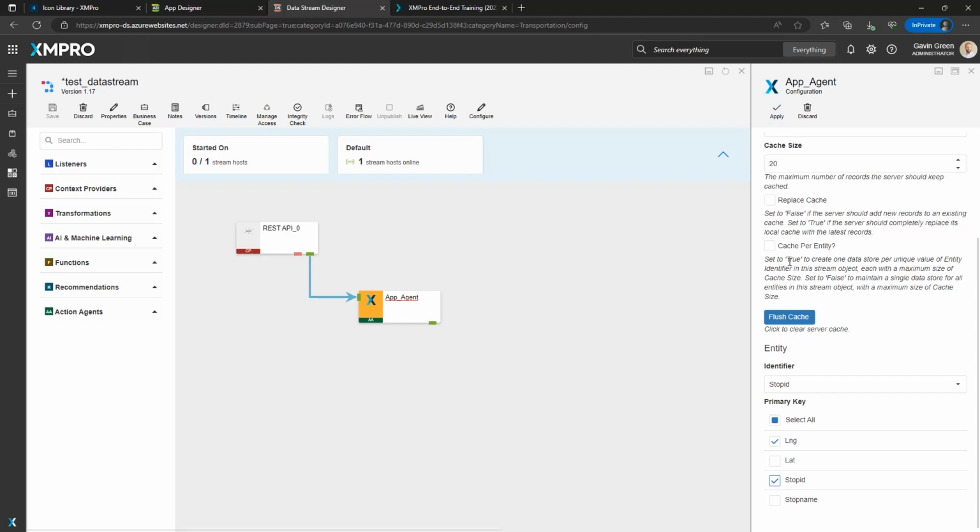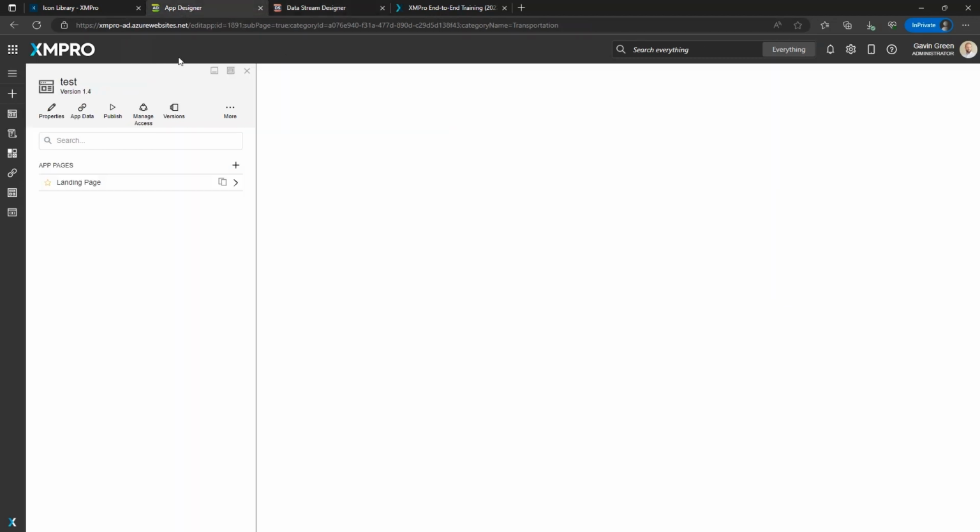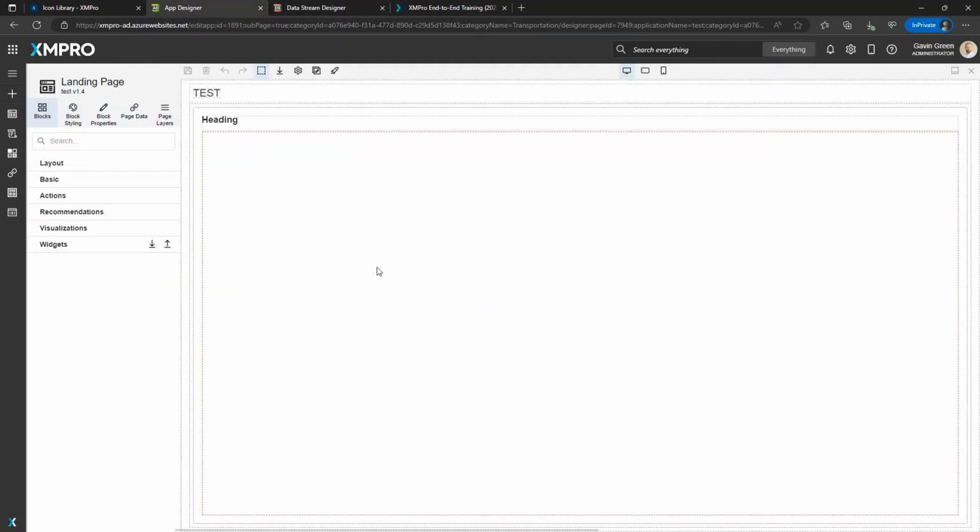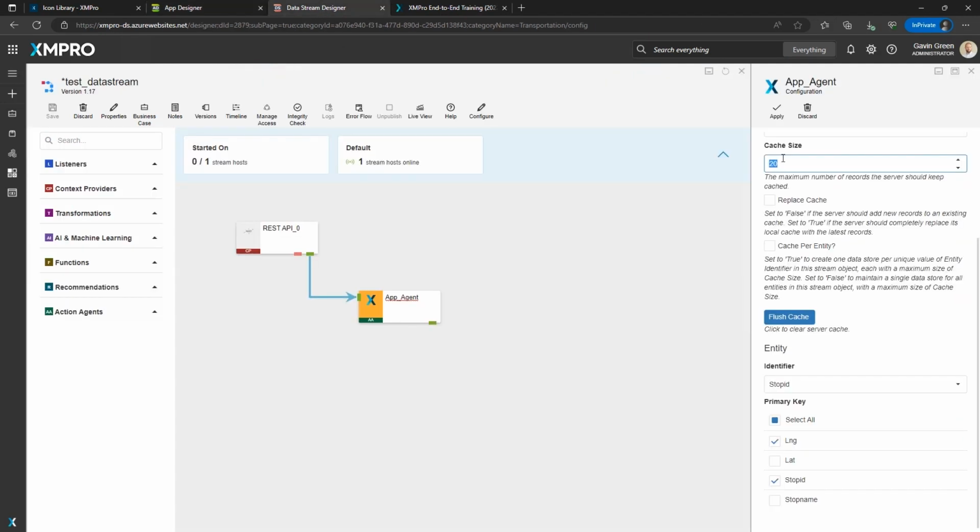just apply it. Now, when you come to cache per entity and replace cache, how the cache works is this is storing data that will be rendered and visible on the actual app side of things. So the data coming in here. Because you've specified a cache of 20, and you haven't set cache per entity, you're only ever going to get 20 records, which might be what you're looking for. However, if you want 20 records per stop,